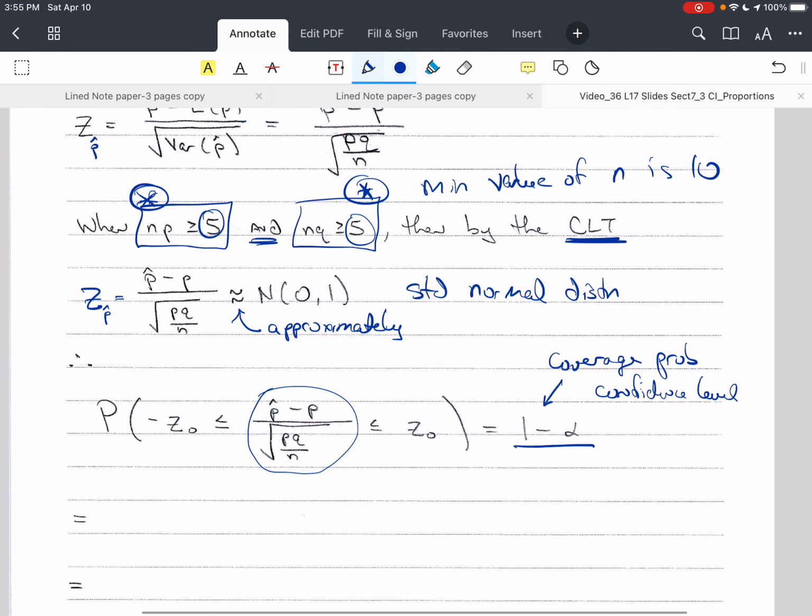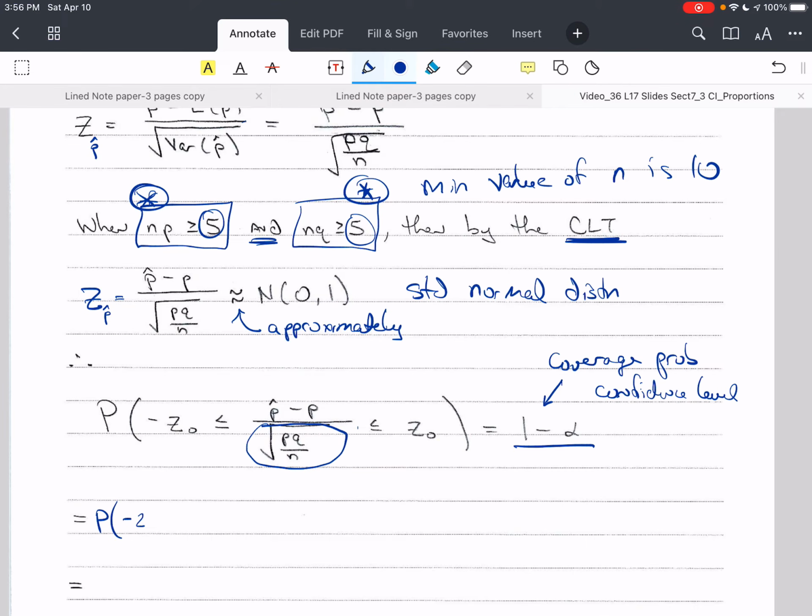And so I'm going to solve for p. I need to isolate p. The first thing I'm going to do is multiply by the denominator. So that's getting too messy. I want to isolate p, and so my first step is I'm going to multiply all 3 parts of this inequality by this denominator. It will cancel out in the middle portion, and I will be left with the probability